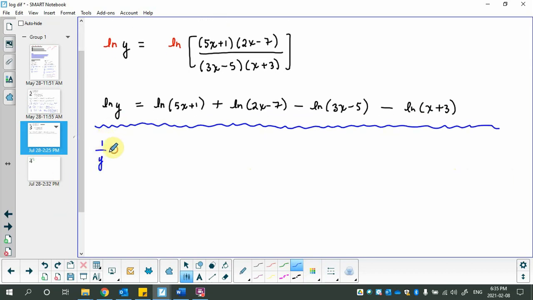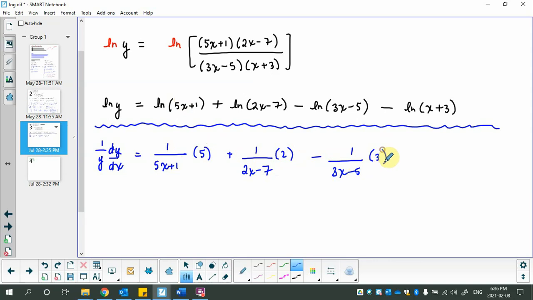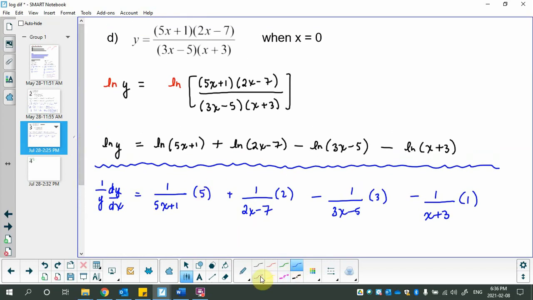1 over y dy by dx. If you want a 1 in there, you totally can. Equals 1 over 5x plus 1 times 5, 1 over what you're ln-ing times the derivative of it, plus 1 over 2x minus 7 times 2, minus 1 over 3x minus 5 times 3, minus 1 over x plus 3 times 1. Now you can do a little cleanup job here if you like, or you can clean up and